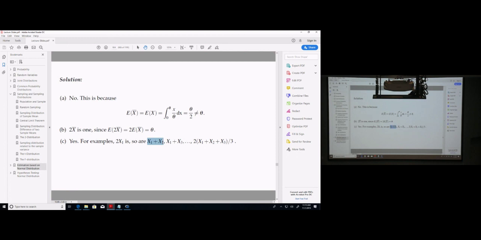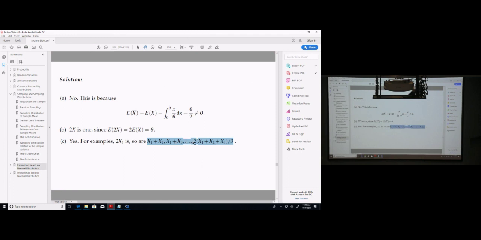The answer is this: you have many of them. You can just add the first 2, or add the first one and the third one, and so forth. I can also average 3 of them, but I have to multiply by 2. Basically, I ignore the 4th answer. Many of these are unbiased, but somehow we feel that it doesn't quite make sense. In practice, if you only use a subset of the sample, why would you collect the whole sample in the first place? This is beyond us at this point,